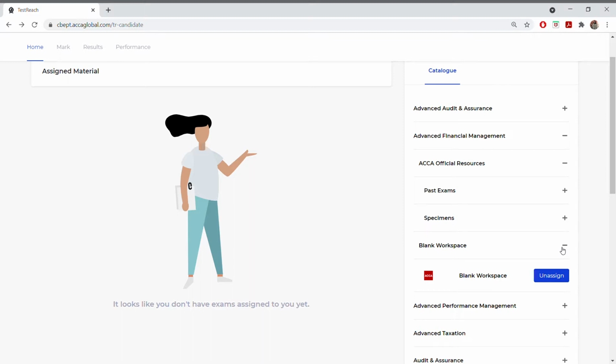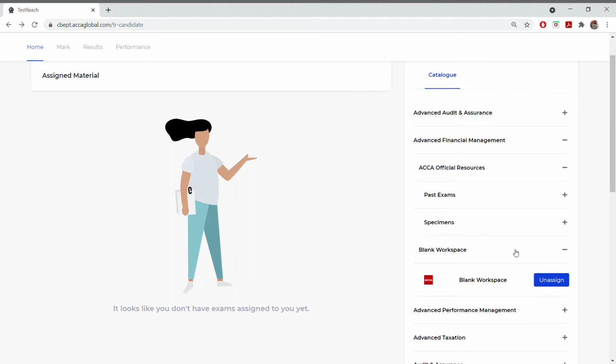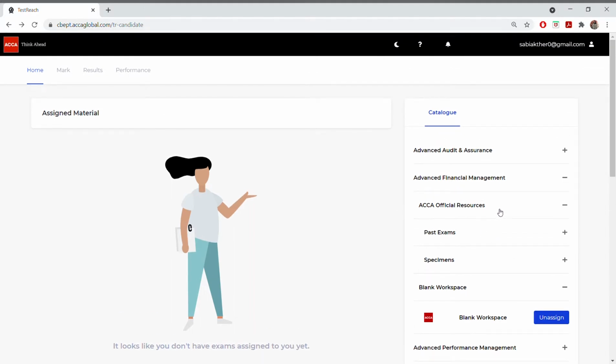That means you can type your answer in Word or you can do your calculations in Excel. You can do any number of questions for any paper. This is possible using the blank workspace. So isn't it great, right? Now you don't have to waste all your time writing some questions, while some questions which are available in CBE you are doing in CBE. Now you can do any questions on the CBE platform. Okay, so that's what I wanted to tell you here. And now we can go to the paper.